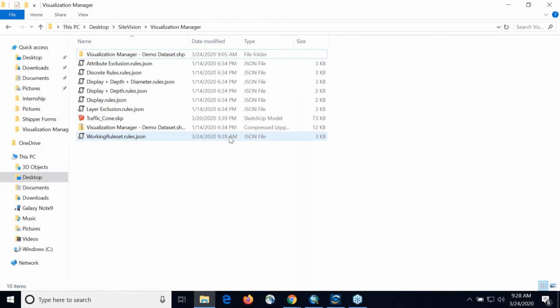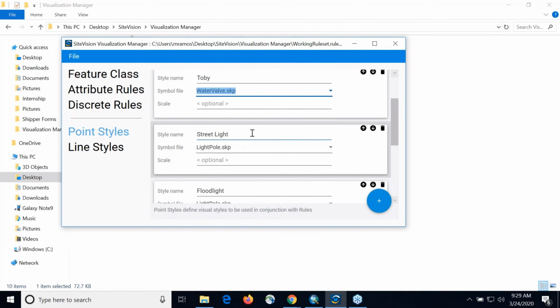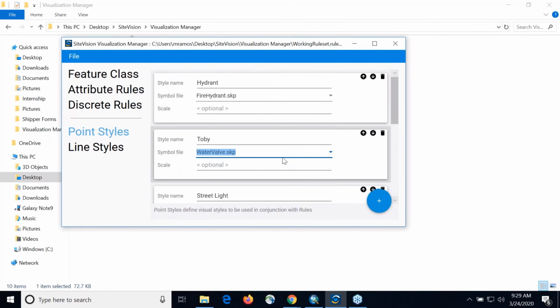For one, we have our finished working rule set JSON file here, but I also have this particular SketchUp model of a traffic cone. Since I want some of my points to look like that, I will save this, close this for now,